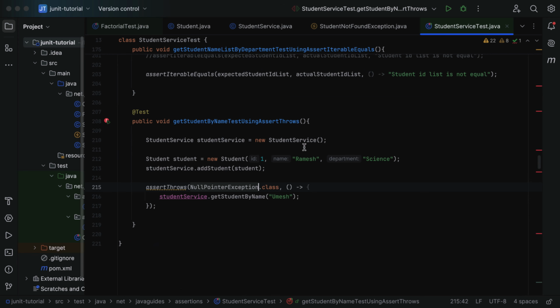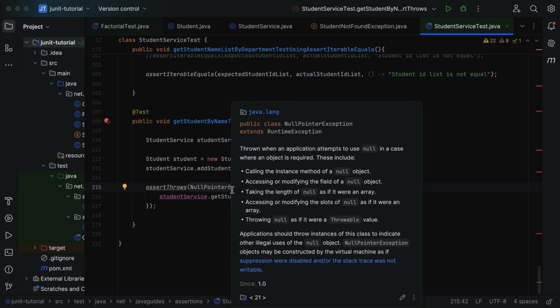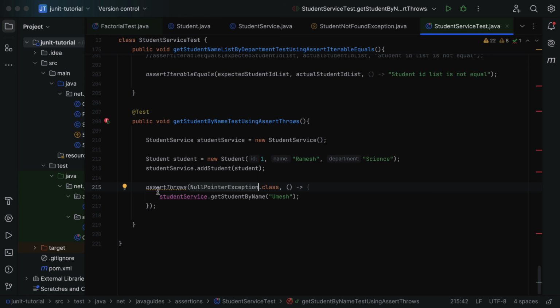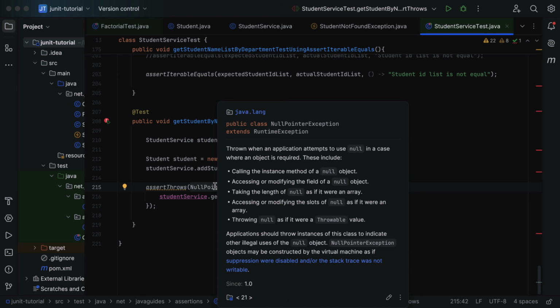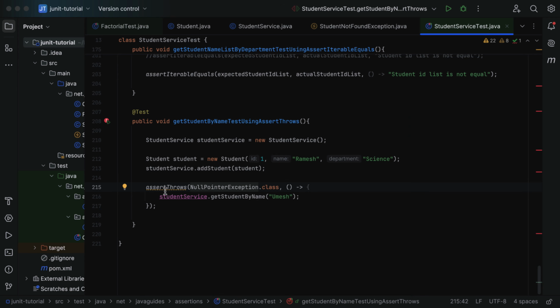It means this get student by name method throws the student not found exception, but here we have specified the type null pointer exception. So both are not matching. That's why the assertion fails and eventually the test case also fails. Alright, so this is how we can use the assertThrows method to verify that the getStudentByName method throws the correct type of exception. Alright, so let me pass student not found exception here,